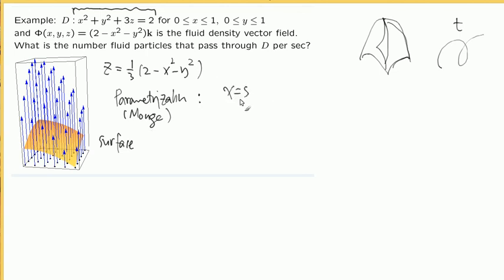X equals s and y equals t. X and y are totally free. Z is dependent, right? So z equals 1/3 of 2 minus x squared minus y squared. Just like the parameterization of a curve, we use an extra parameter like that. You need one more to parameterize the surface. If z is isolated like this, you have a nice parameterization. Make sense? So if you have a surface here,